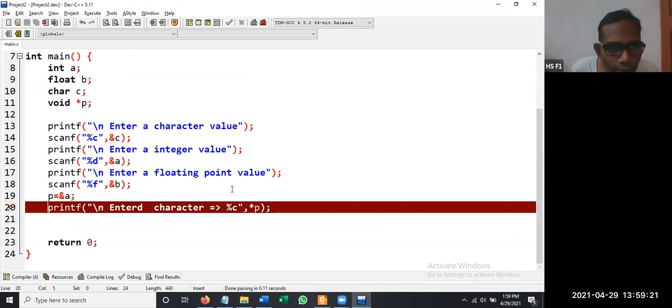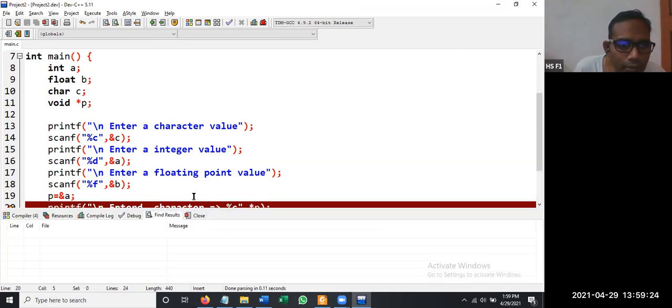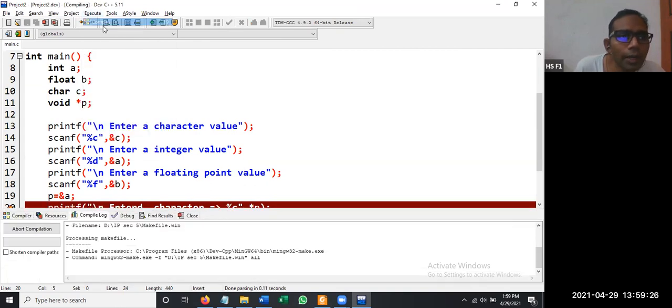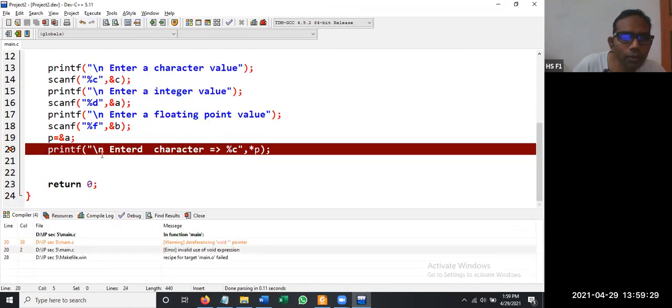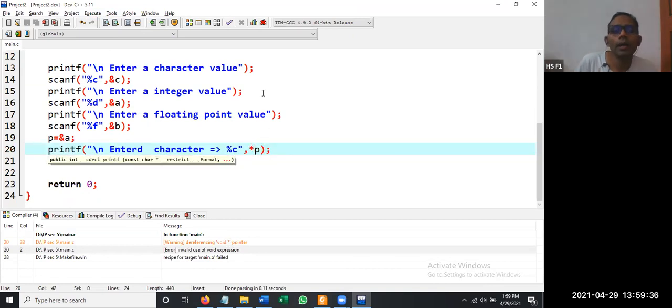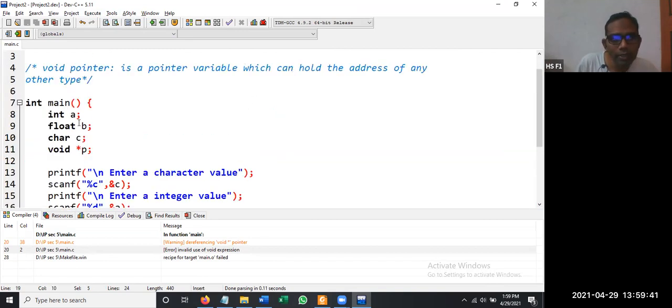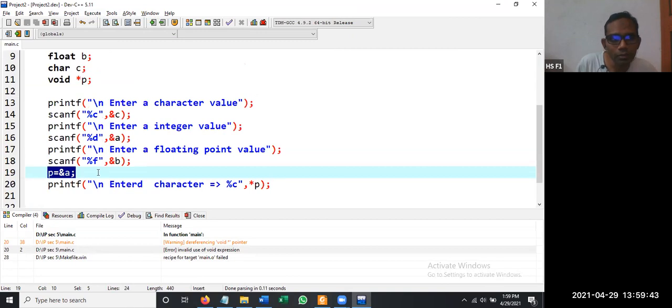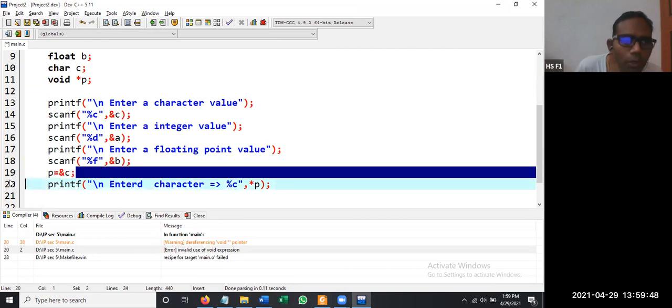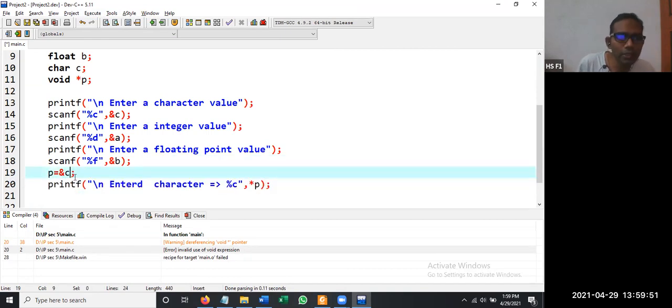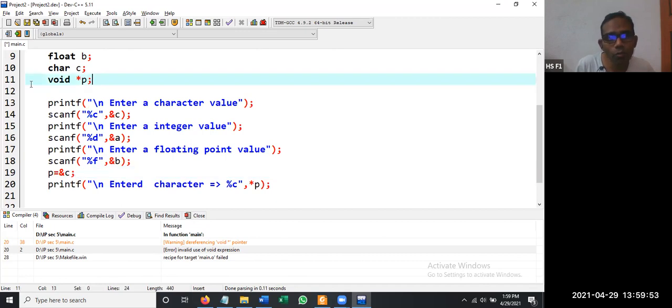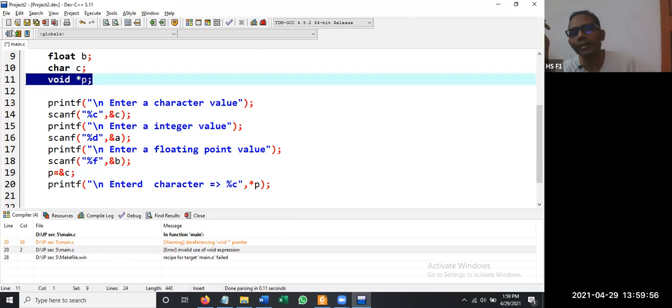So here we are going to get an error. Now what is that error? Yes, let me compile again. Now, declaration of void star pointer. So here it is saying that we are dereferencing a void pointer because p is assigned to address of c. c is the character, and though p is pointing to the memory location of c, still it is going to have an error. Why? Because we are using a void pointer. Now a void pointer doesn't have any type.